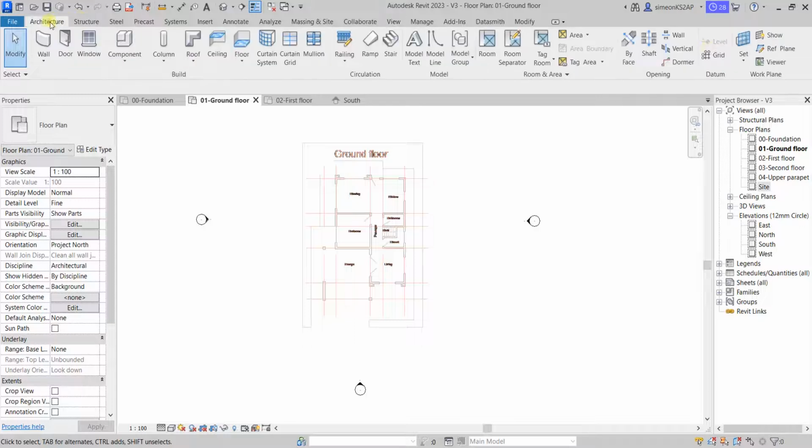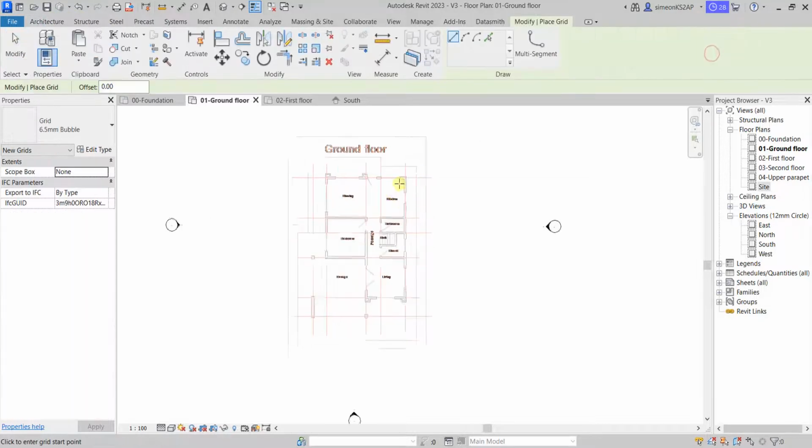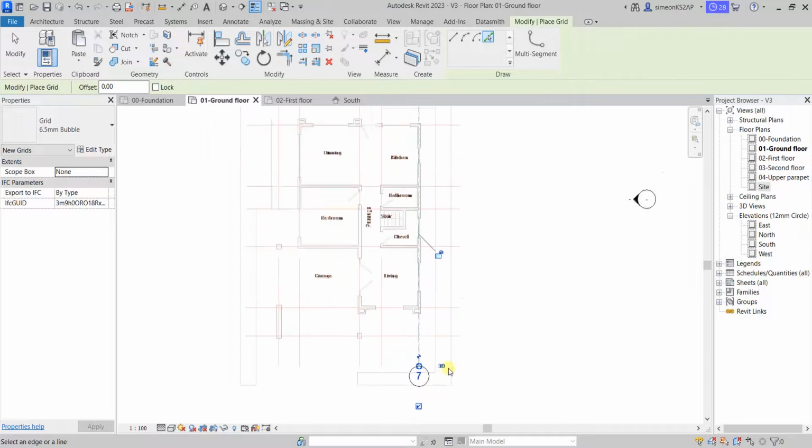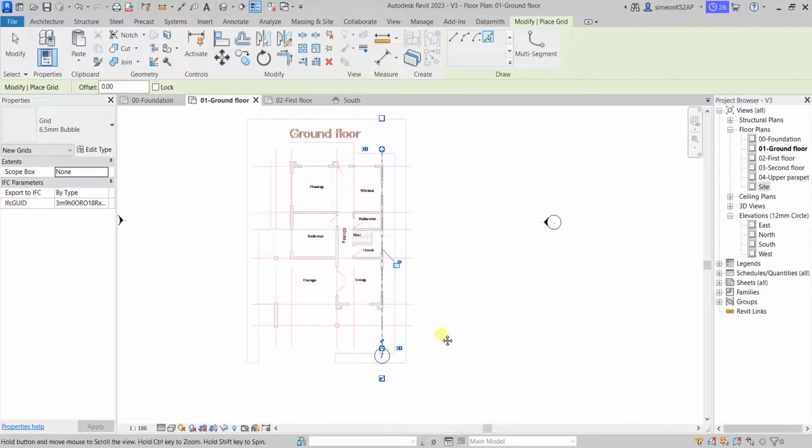Now we have the ground floor, we have the first floor set. Now the next step is going to be adding the grids using the reference grid from CAD